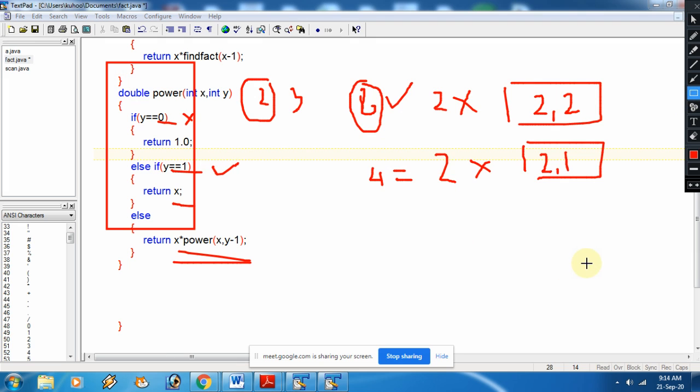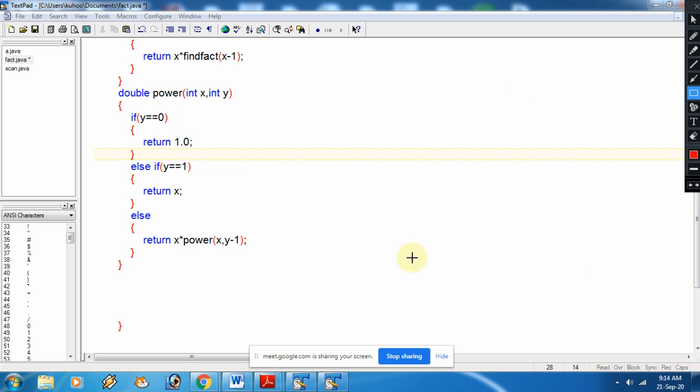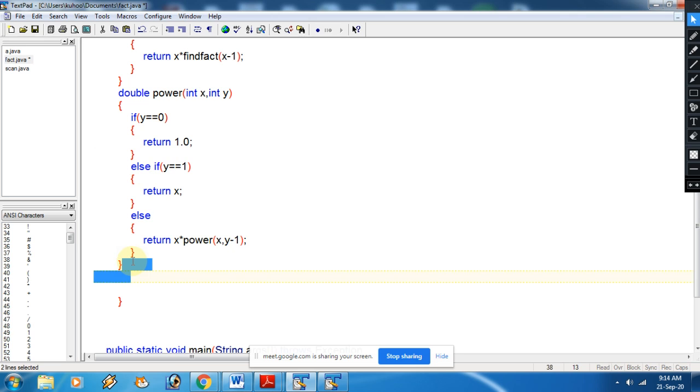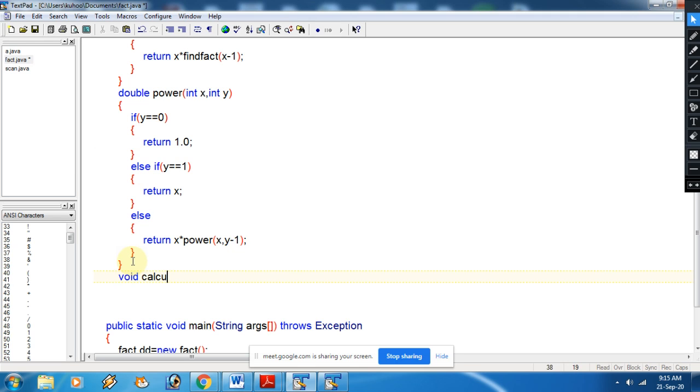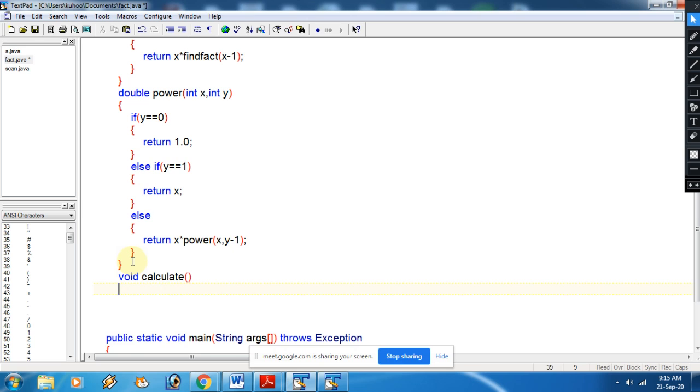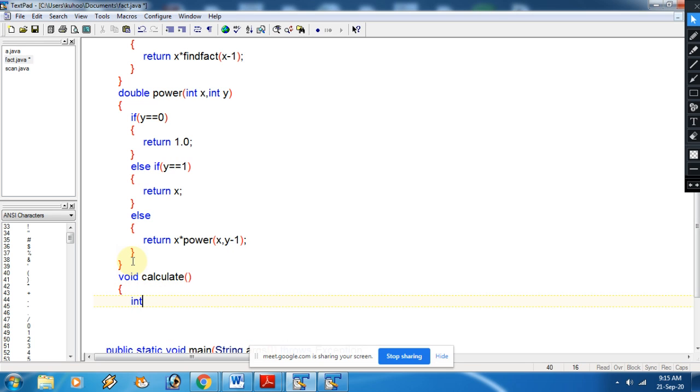Now just come to the main function, that is your calculate. In the calculate method, that method is void type, void calculate. After that, use some variables like i, j, k if you want. And then the loop is required.